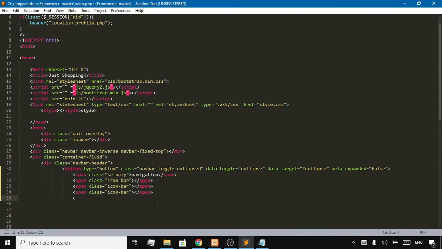Okay, after adding all the icons on the bottom, the number,